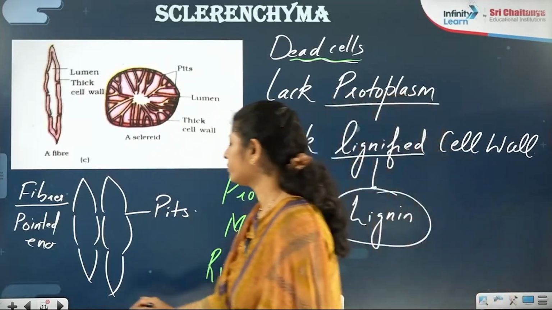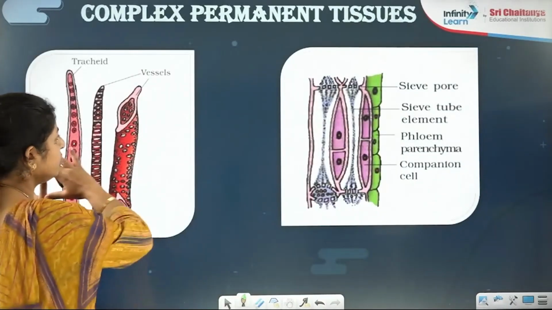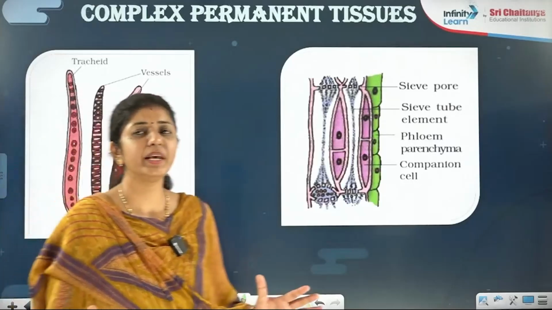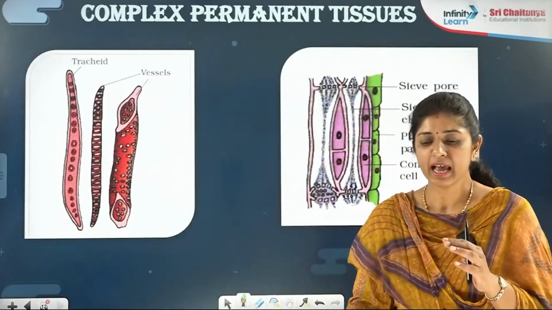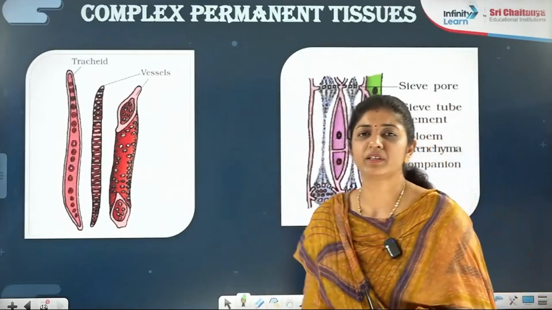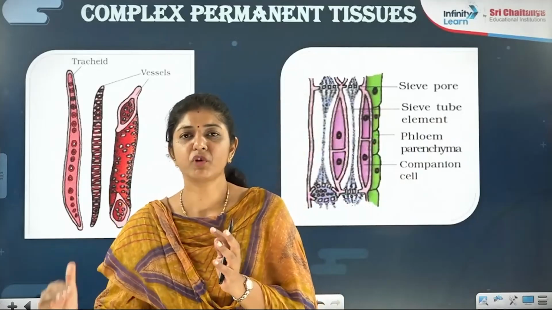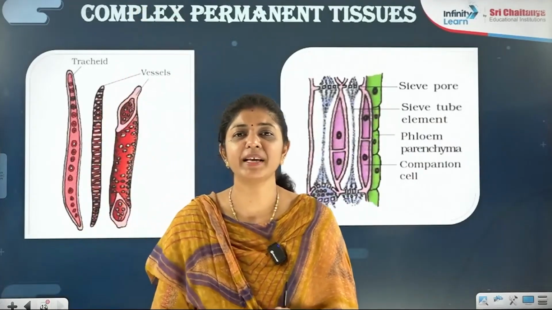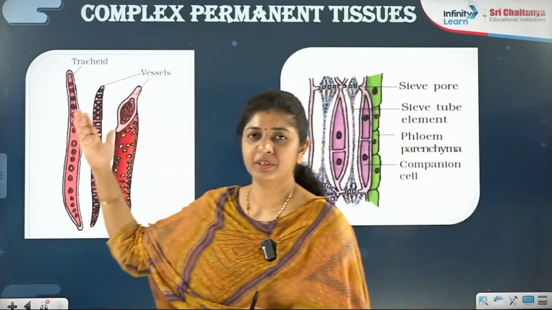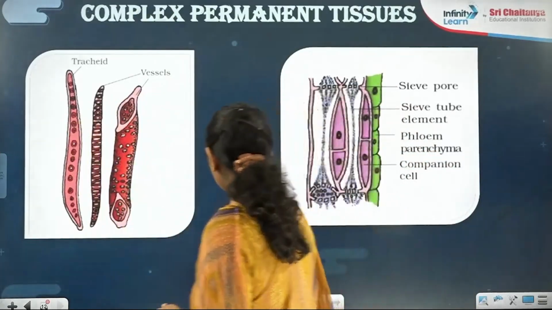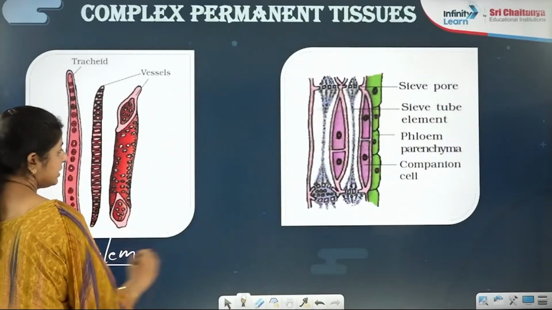Now last thing of the day is what thing? Complex permanent tissue. I already, just look at the picture. No need to go with the labeling. Just have a view. Complex permanent tissue, xylem and phloem. They help in conducting the thing from one place to another. Simply like you are having pipes in your home now, where the water is coming from the ground level to the reservoir. It is by the pipes. In the same way here, the plants are having so many such pipes. And this part is for what thing? Xylem. And this is for what thing? Phloem.